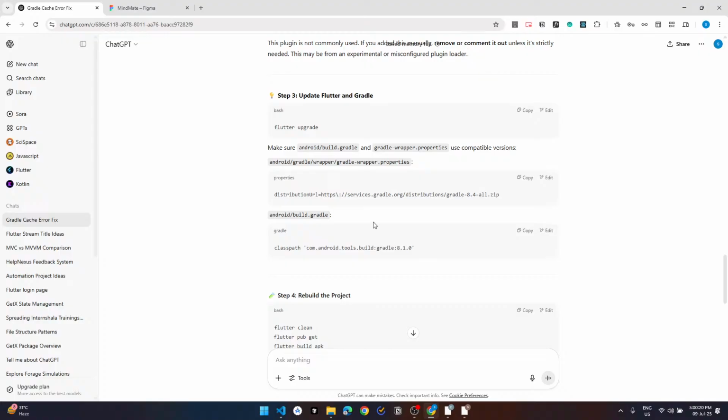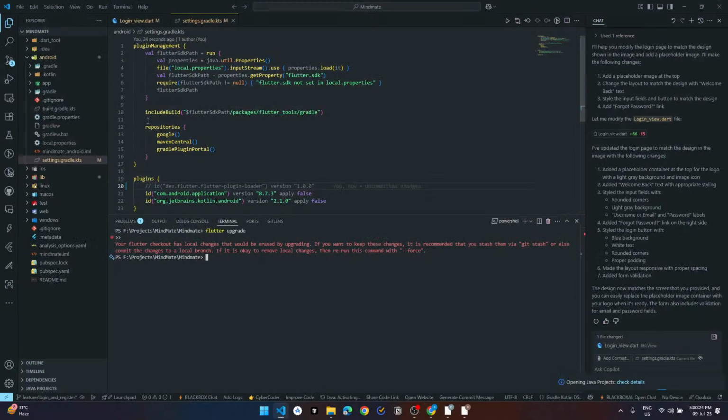We'll update our Flutter, make sure of the version. Okay, it asks whether to keep these changes, recommended to git stash, or else commit the changes to a local branch.